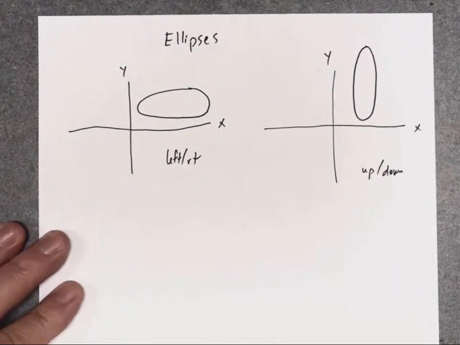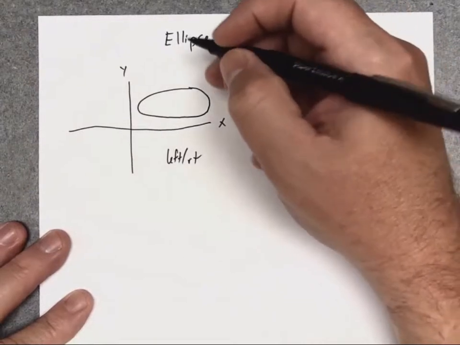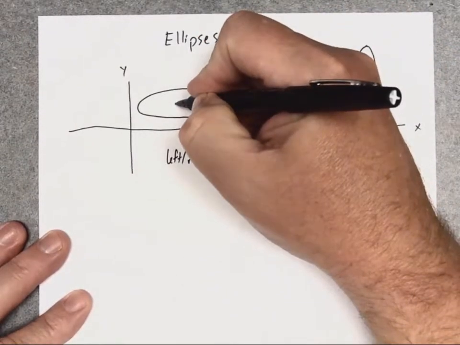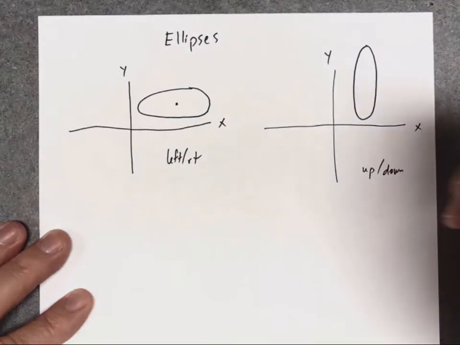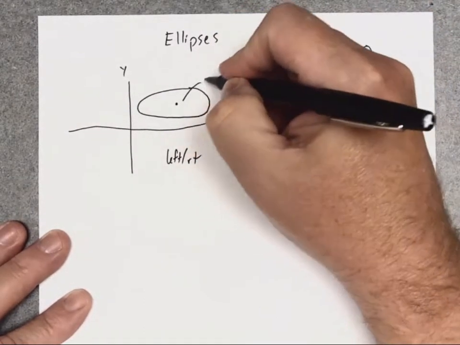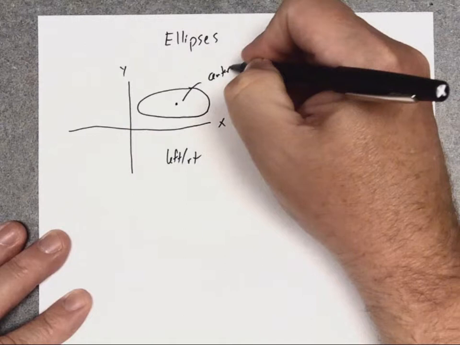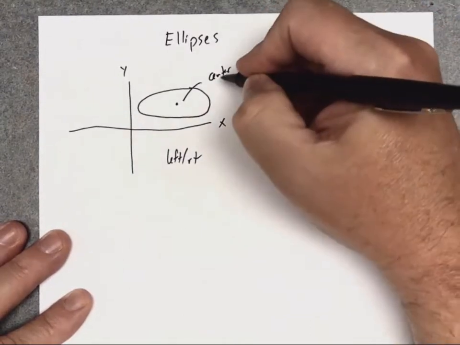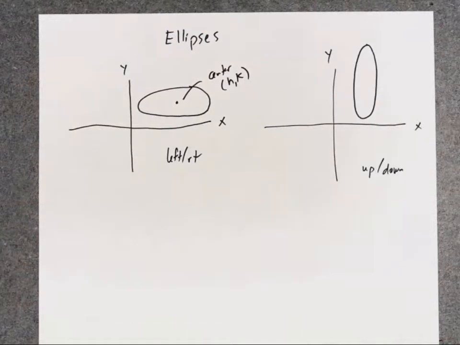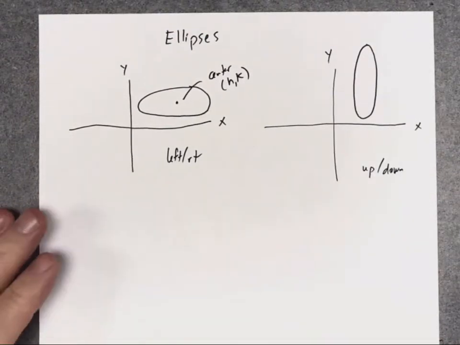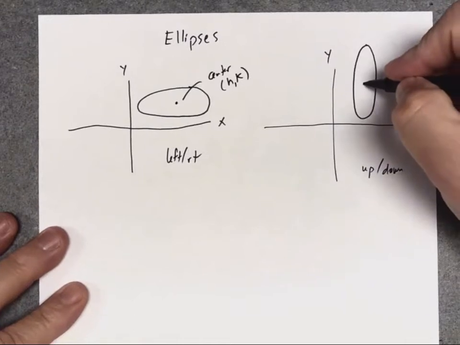First of all, we have what's called the center of the ellipse. Pretty much split the difference, both top and bottom, side to side. And that point is normally called (h, k). It's pretty common, just like the center of a circle and some other geometry stuff. Over here, of course,